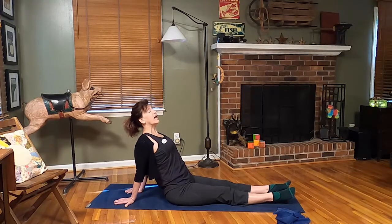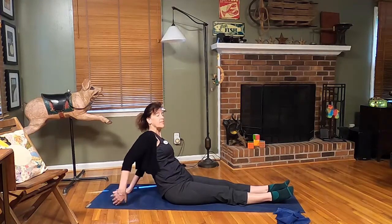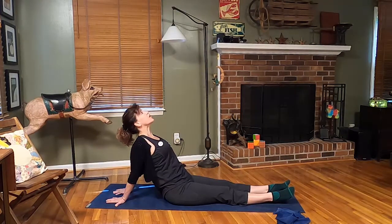Good, good. Relax if you can. Be very gentle. Maybe you can step those hands back a little bit. Those hands step back a little bit. Maybe those pinky fingers come a little closer together. Same thing, open the chest, arch in the back, breathe,